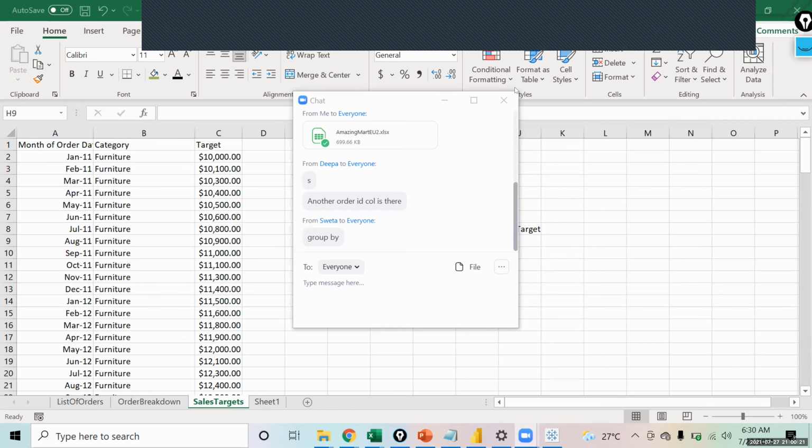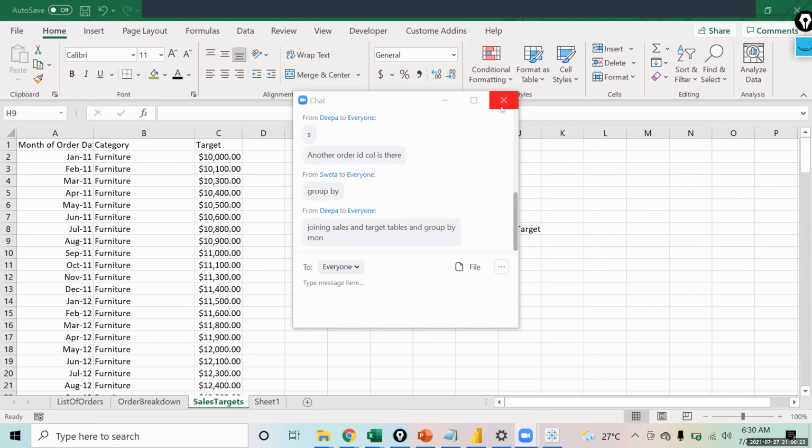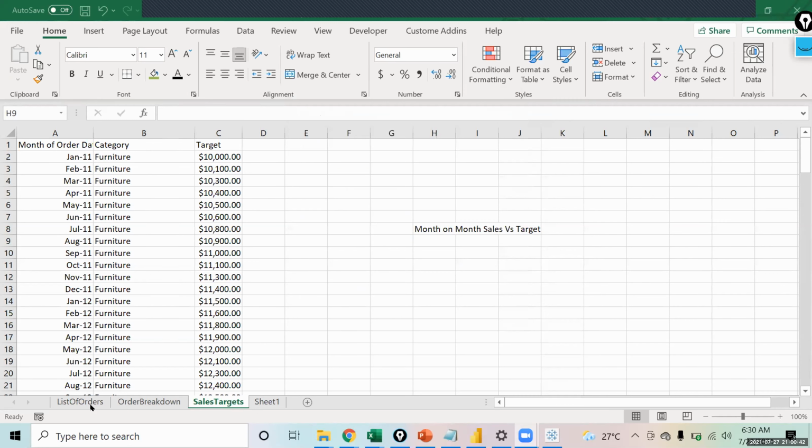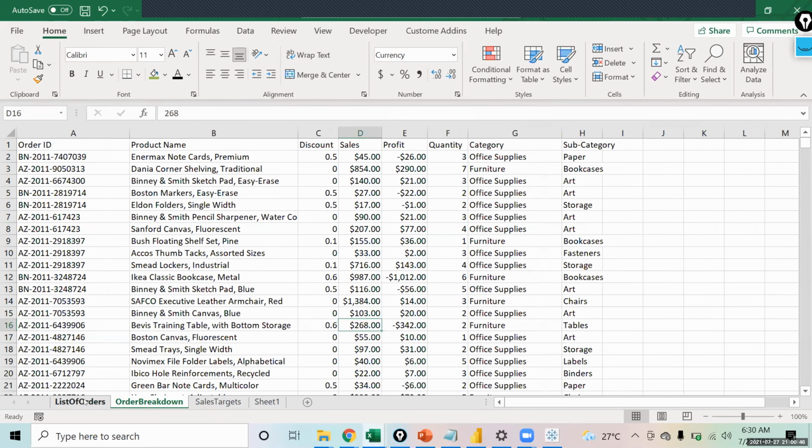Yes, anyone? So Shweta, you're saying group by joining sales and target, group by month. See, basically we'll have to join this table and this table. First, you will have to join list of orders and order breakdown.